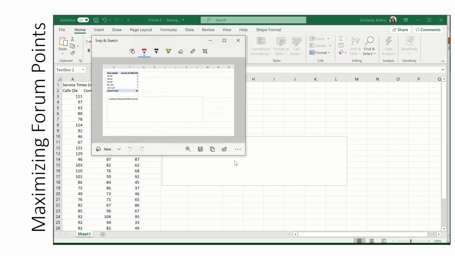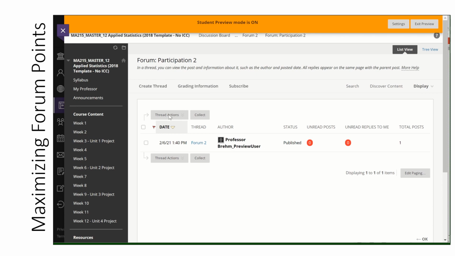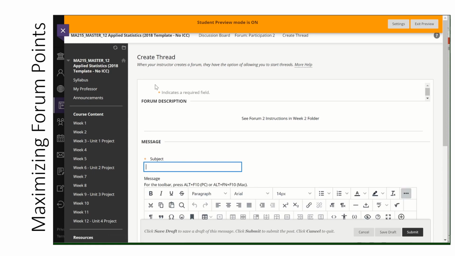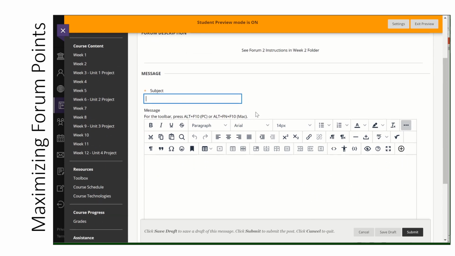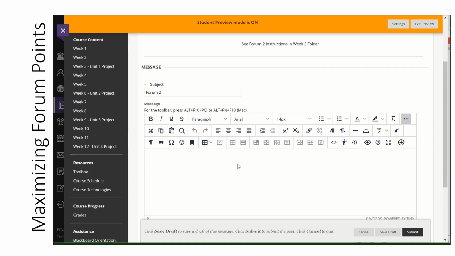to find there. So now I'm going to go back to my forum, and notice when I click on Forum 2, I can no longer see the question. I can create a thread. Typically, you can't even see anybody else's responses. I've already done one in a previous version of this video that I messed up on. So I'm going to choose Forum 2, and then you're going to click on the circle, the plus sign that